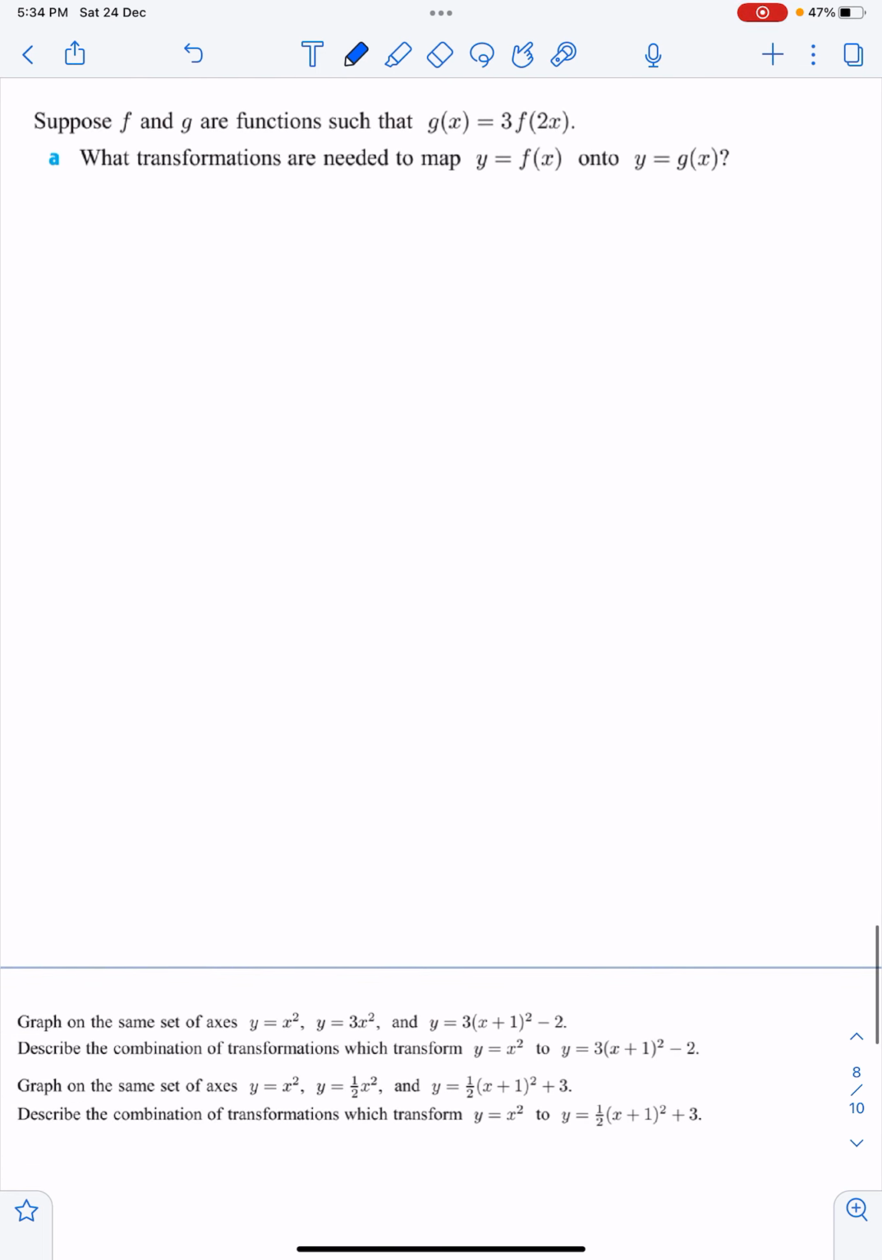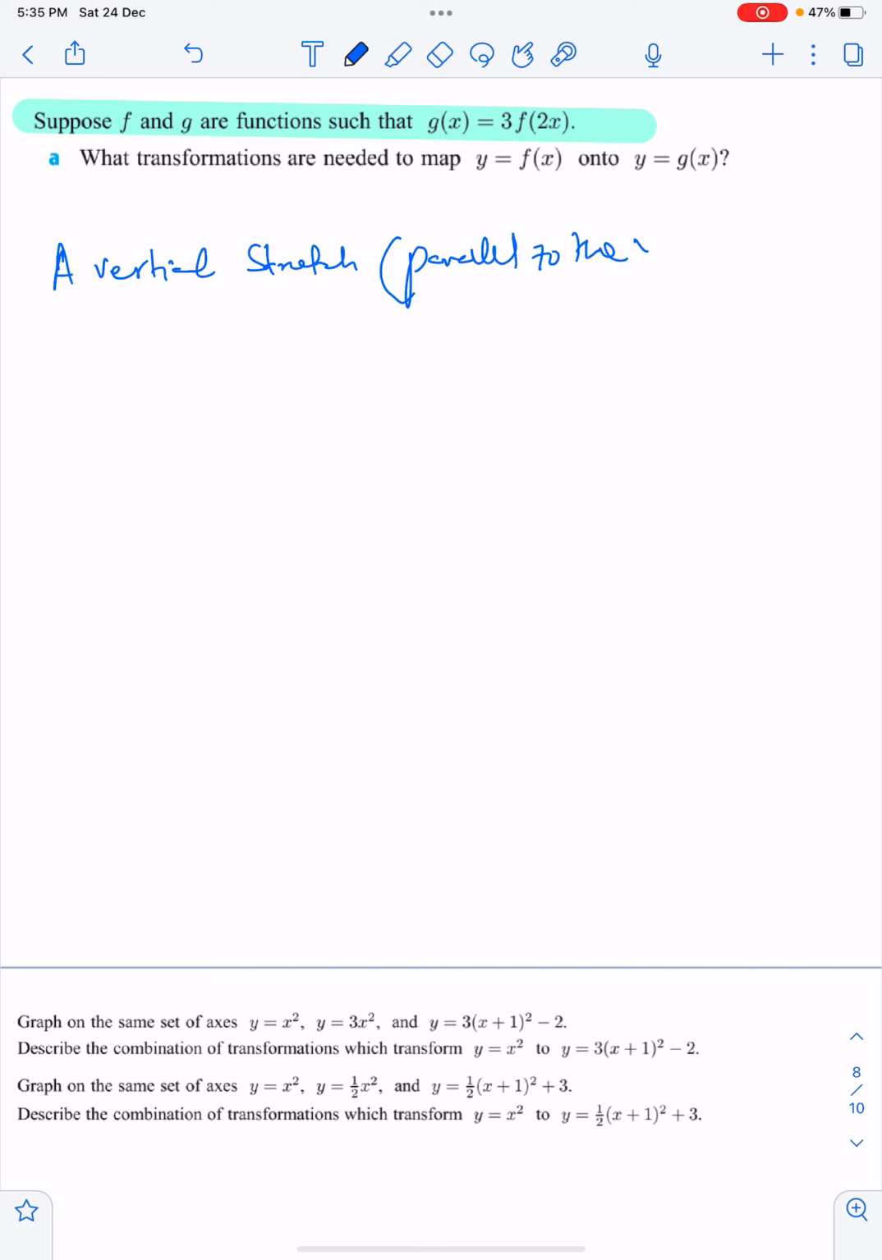Okay. This is another question here. It says, suppose f and g are functions such that g of x equals 3 times f of 2x. What transformations are needed to map y equals f of x onto y equals g of x? If you notice, it is given as a vertical stretch of 3 and a horizontal stretch of 1 upon 2. So you can write a vertical stretch, if you want you can write parallel to the y-axis, with stretch factor 3